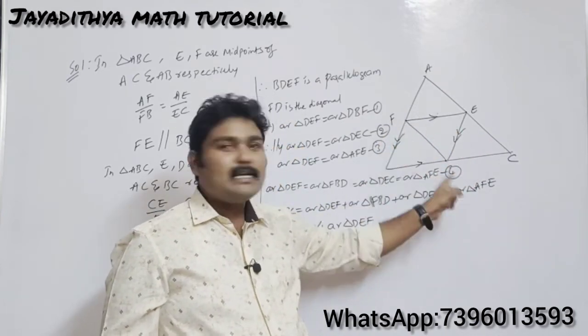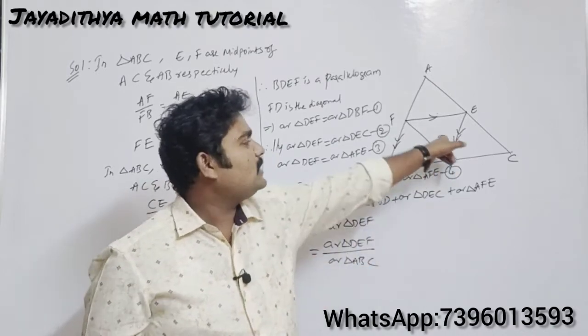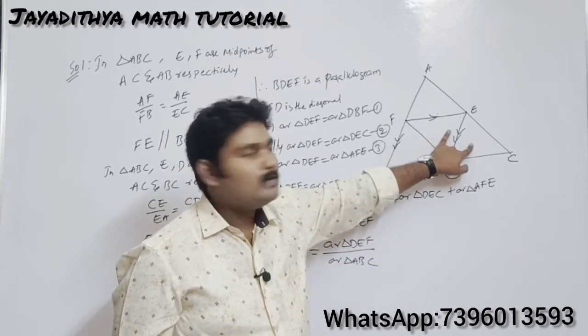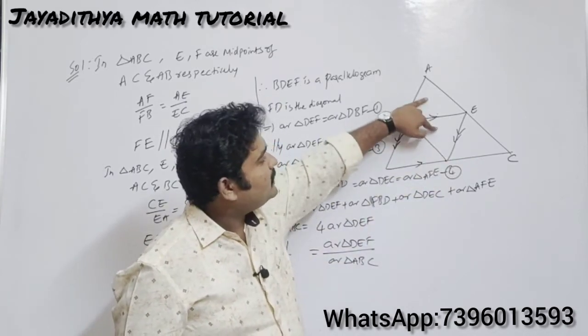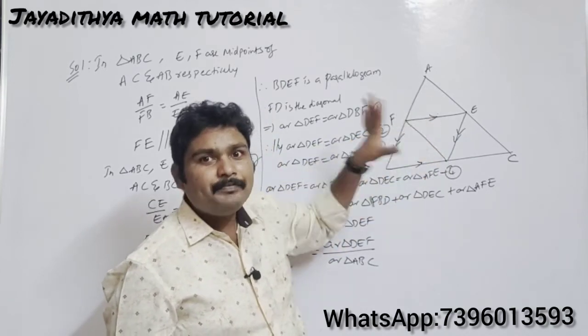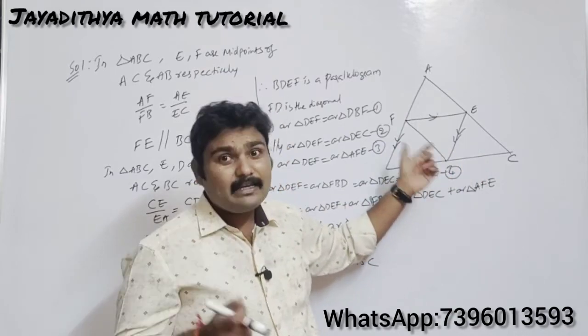In a parallelogram, the diagonal divides the parallelogram into 2 parts of equal areas. So areas of these 2 parts will be equal. Similarly, we can prove this is a parallelogram and here also the areas will be equal, and even you can prove this AEDF also a parallelogram and here also the areas will be equal. So you can see that all the triangles, internal triangles areas are equal here.